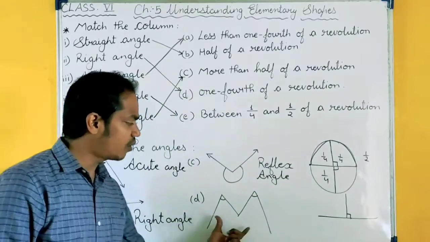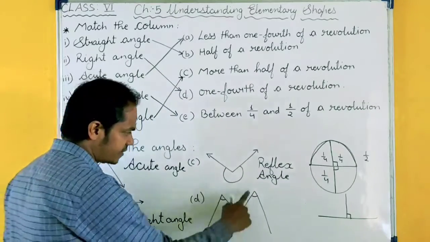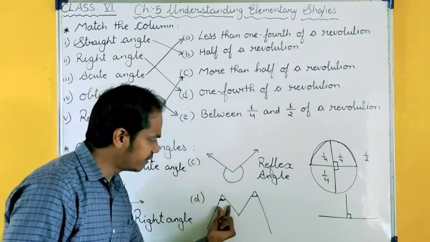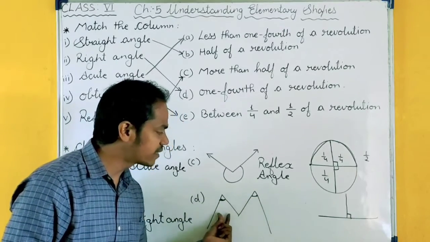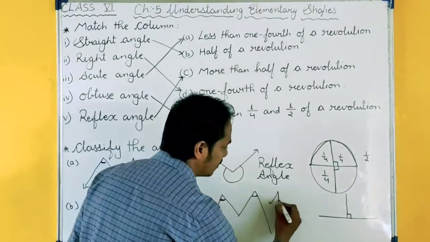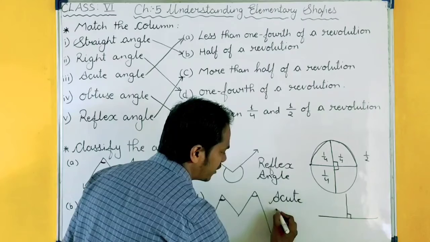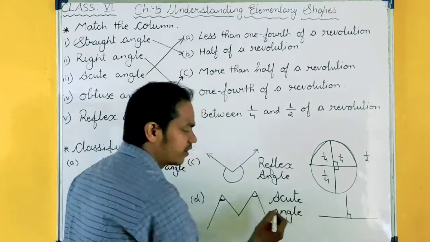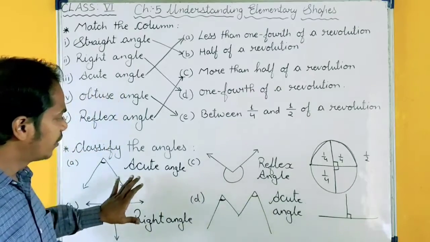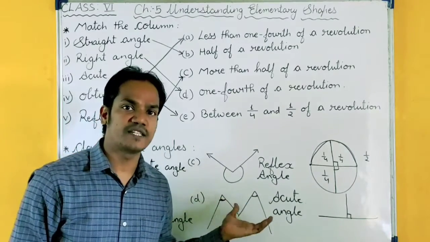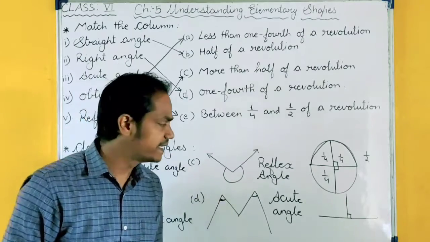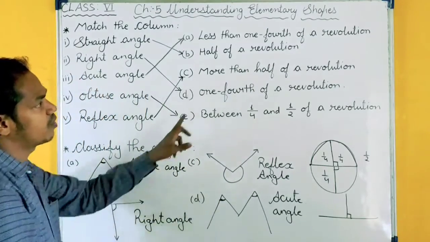Now here you can see that inside this M, two angles are there. When you observe them, you can easily see both the angles are less than 90 degree, and less than 90 degree means acute angle. You might have learned all these definitions in 4th class and 5th class also. If you have not learned them, go through these definitions, so you will understand all the different types of angle more easily. So these are the questions based on angles.